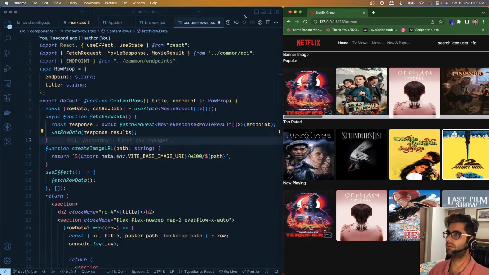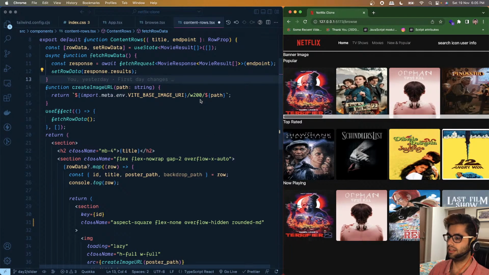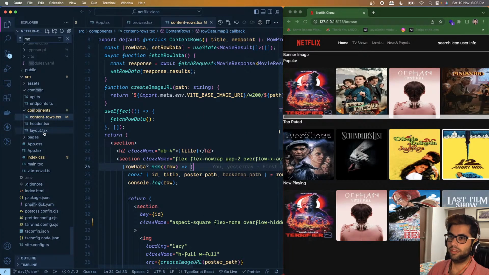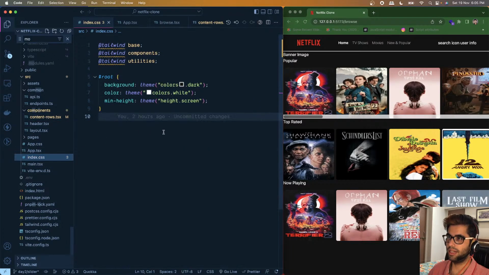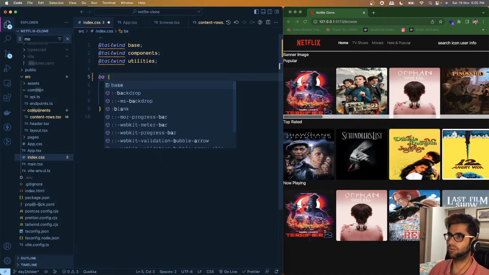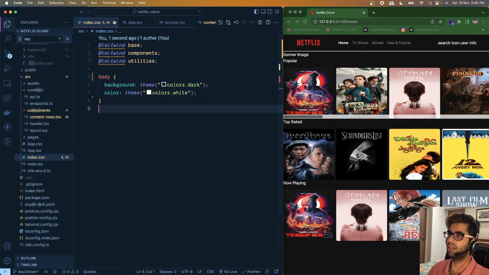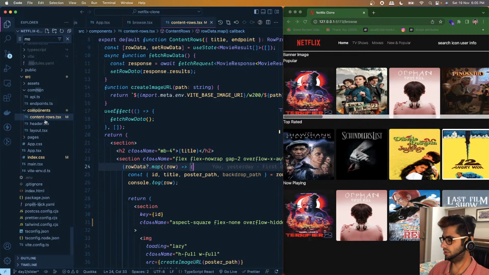Let me switch over to the code. All right, so here's what we are going to do. Let's make some styling changes. Okay, so I'll head over to index and we'll switch up the styles to the body tag, and let's get rid of this property. All right. And I also made some changes